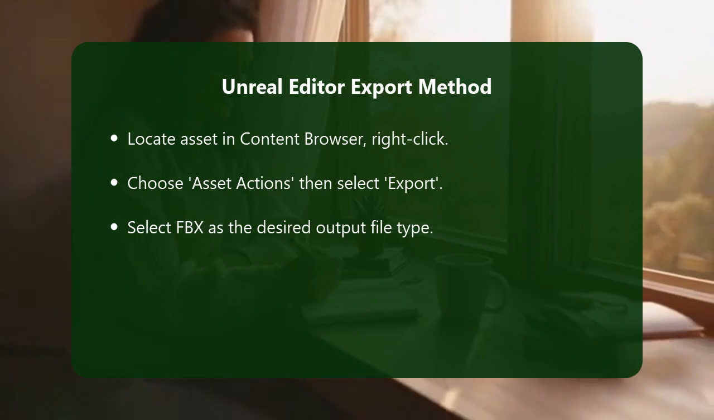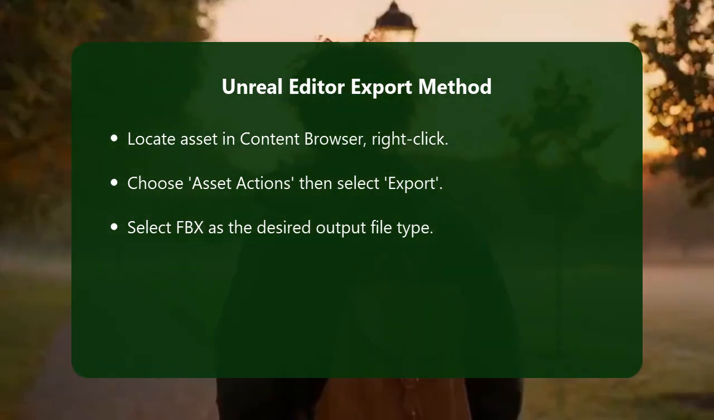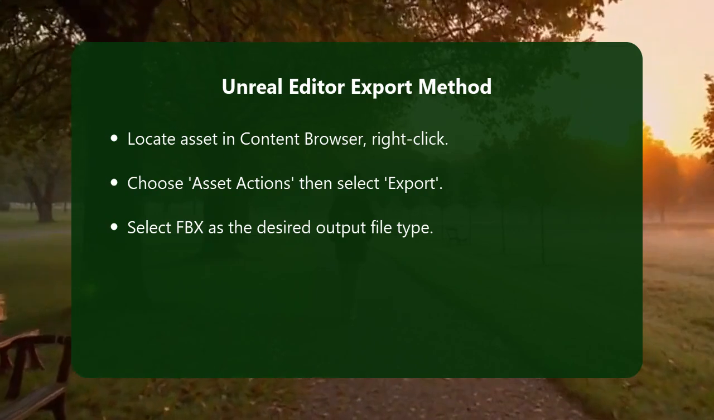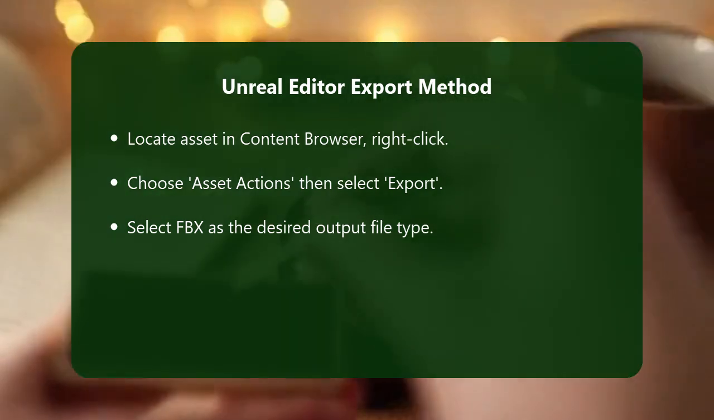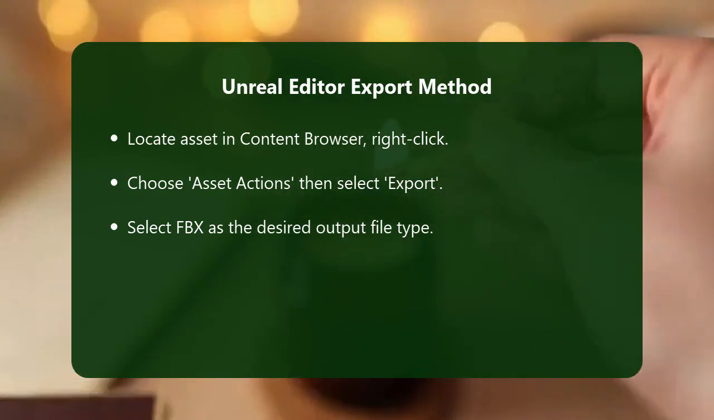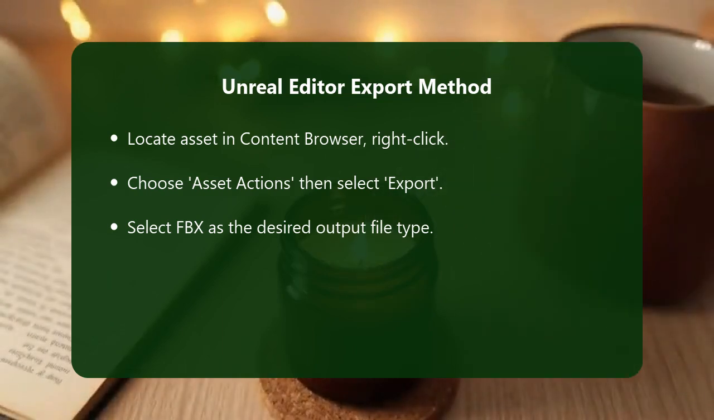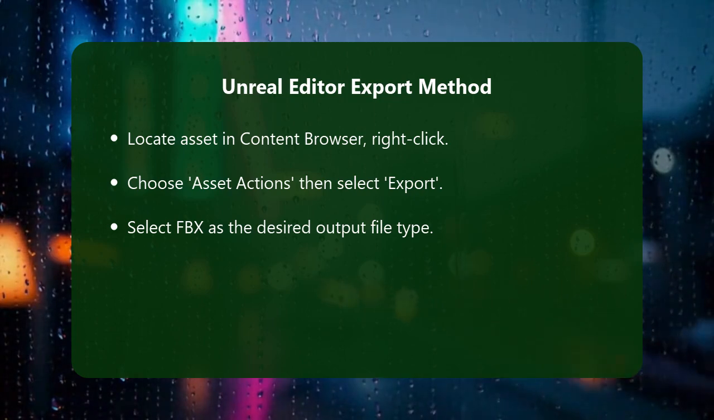A save dialog will open, prompting you to specify the location and file type for your export. Crucially, here you will select FBX from the Save as Type drop-down menu. You'll then be presented with FBX export options, where you can configure various settings such as export compatibility, whether to include LODs, levels of detail, tangents, vertex colors, and even specific animation settings if you're exporting a skeletal mesh or